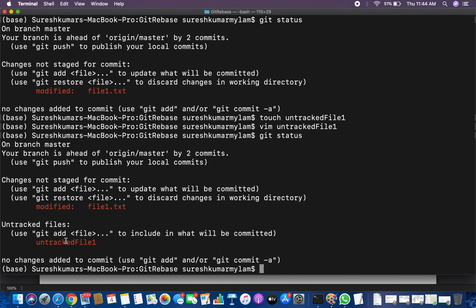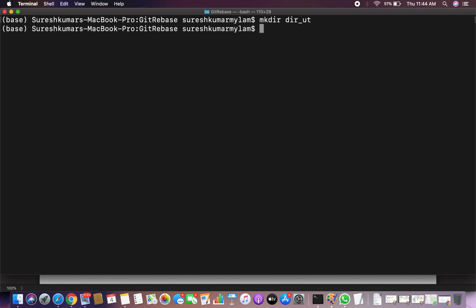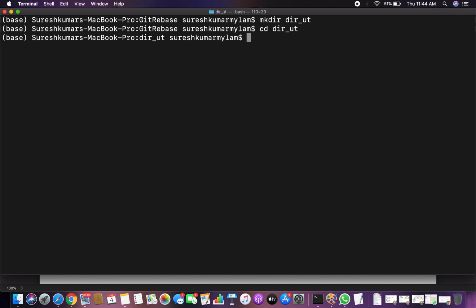See, we have one untracked file here, and the same way I'm going to create one more directory: mkdir directory_untracked. Okay, this is my directory. Now I'm going inside the directory and creating some file. Now I'm inside the directory which we created.